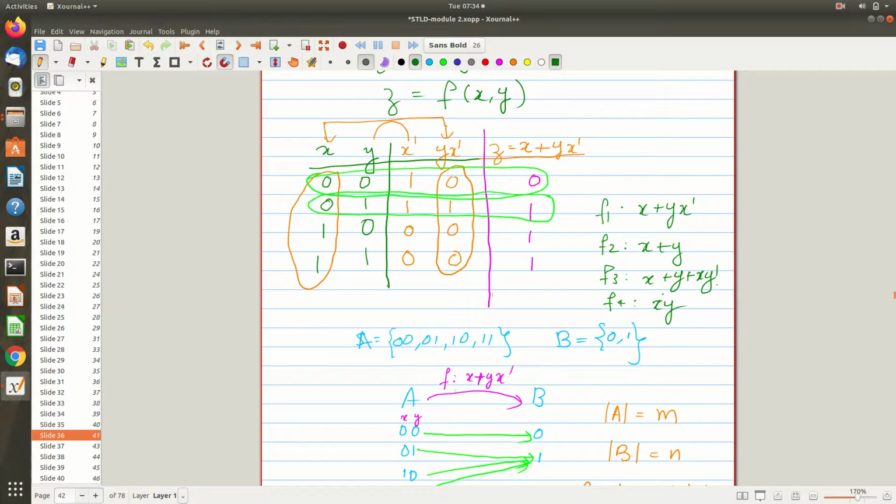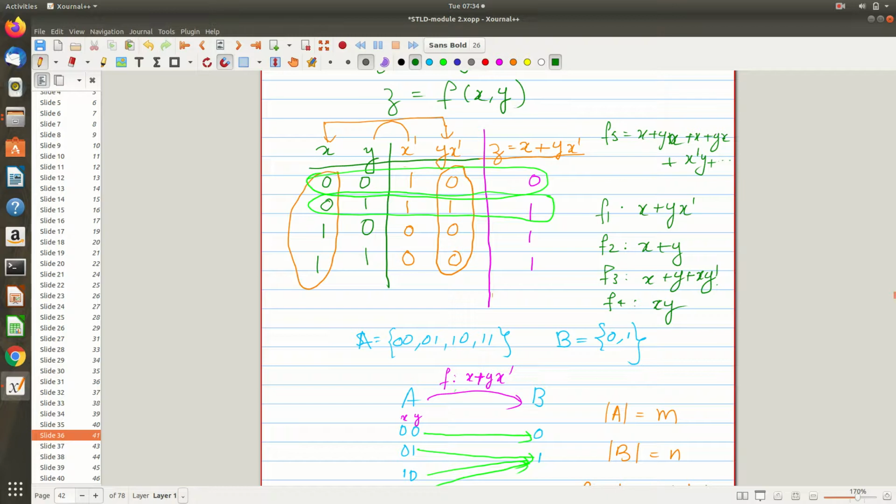So like that, you may feel like you can have an infinite number of functions, but it is not like that. Even though you are making some bigger expressions, say I am randomly picking a function, say f5, x plus y x, using only two variables, that is a requirement. x plus y x plus x dash y, like that I can add any number of terms. But even though it is looking like a very complex function, you can simplify it to a much smaller function.